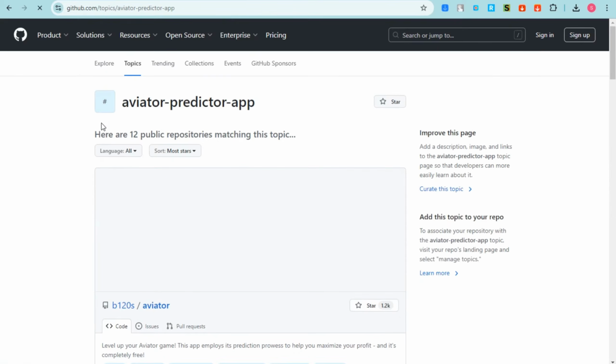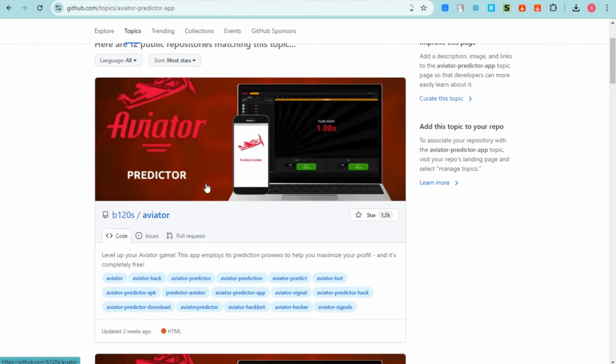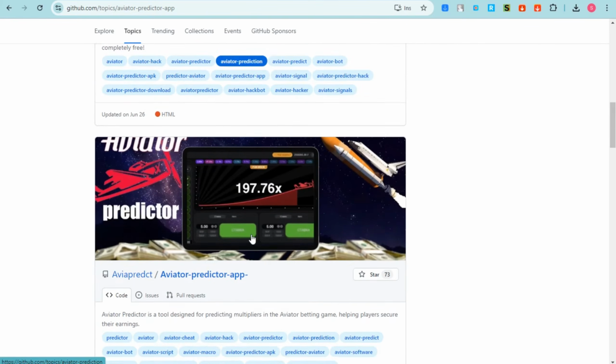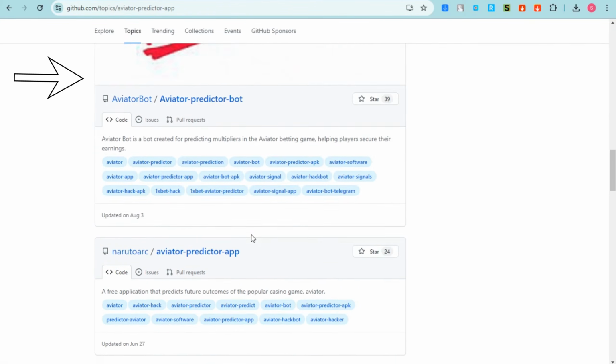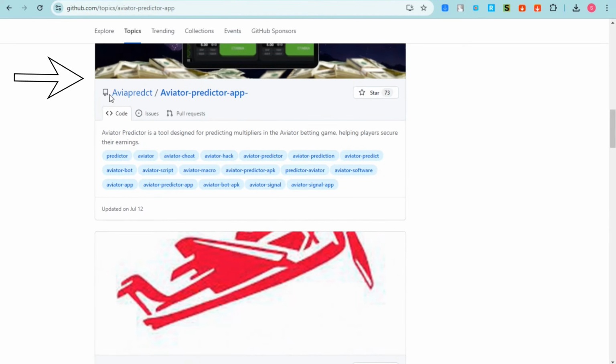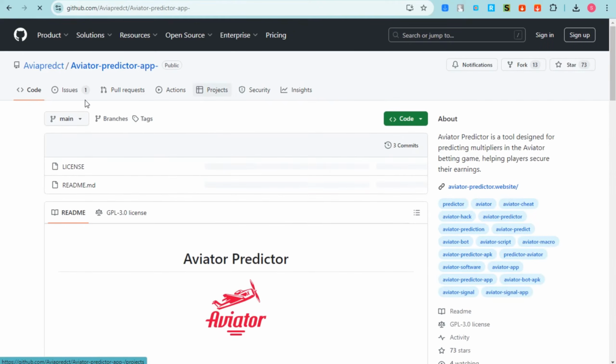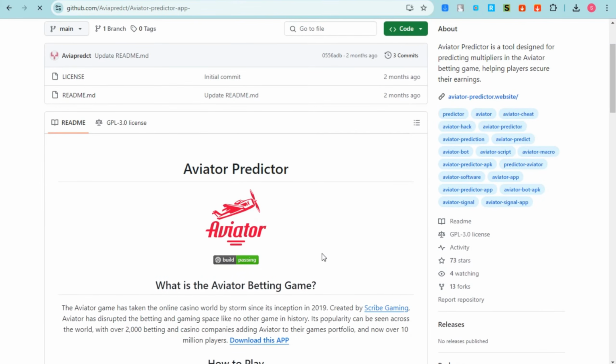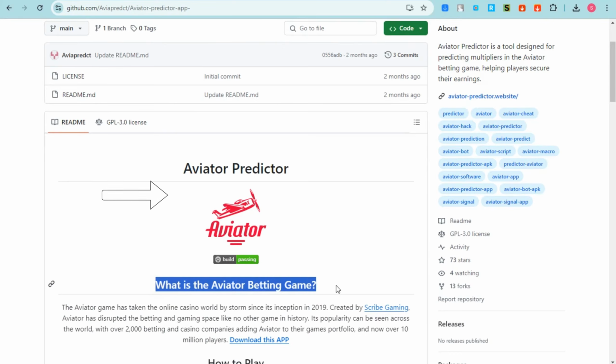Now here you will see options again, like how are you going to download this one, but I want you to simply focus on this AVI Predict. Tap this one, and then it will take you again to another page. Okay. Now, what you're going to do here is you just need to scroll down and you will see here